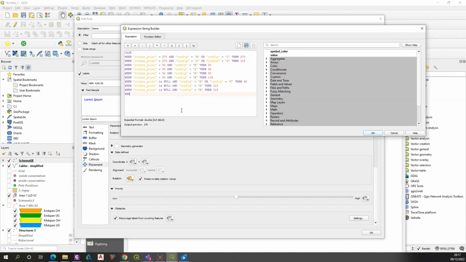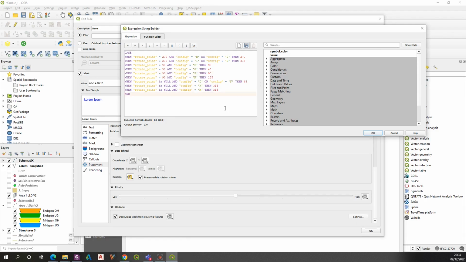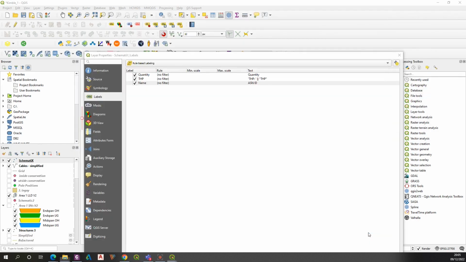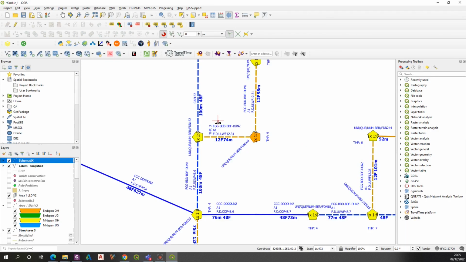Basically, a configuration such as this you can make on your own. You are the person who decides how the labels will be defined, and I'm giving you just an example which you can elaborate by yourself. So this is the way of how the rotation has been applied for the longest label used in our straight line diagram schematic. If I now shut it down and show you the results of the work,